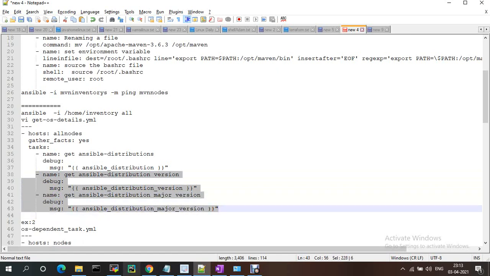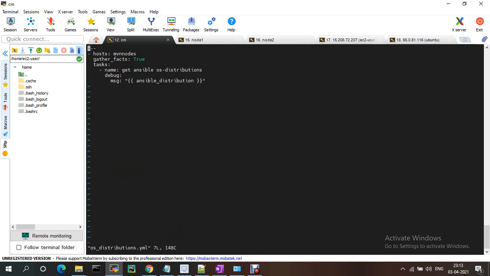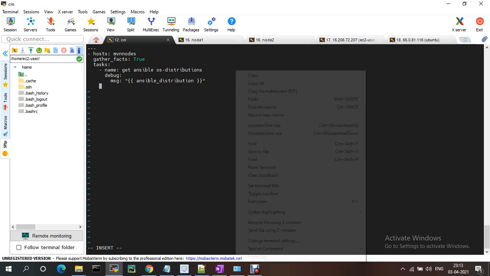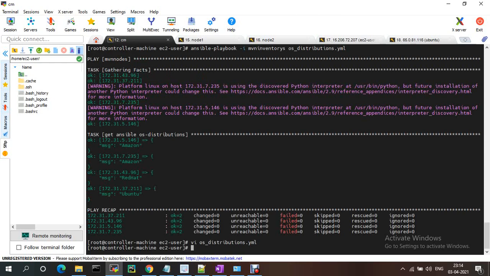So vi os_distributions. See here, I'm collecting the OS distribution version, and I'm only printing the OS major version. Let me run the syntax check.